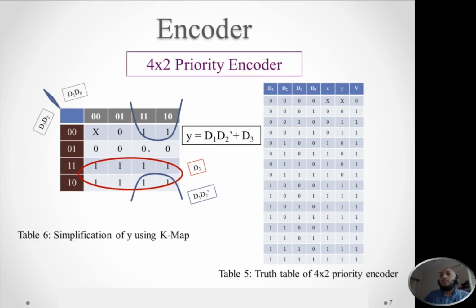We have already put the zeros and ones from the truth table for y. For y, we see that there are two possible groups. I have already marked them. There are 8 adjacent members here, so they are the members of a same group, and the remaining members were these two. But we have said earlier that the groups must contain the highest possible members.